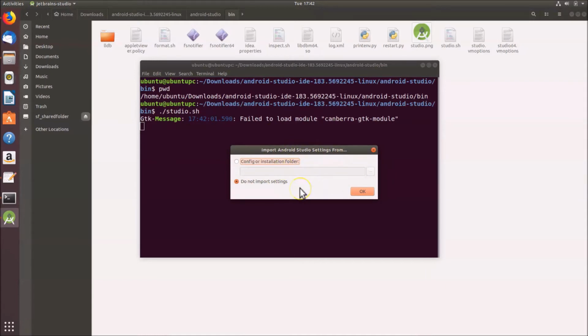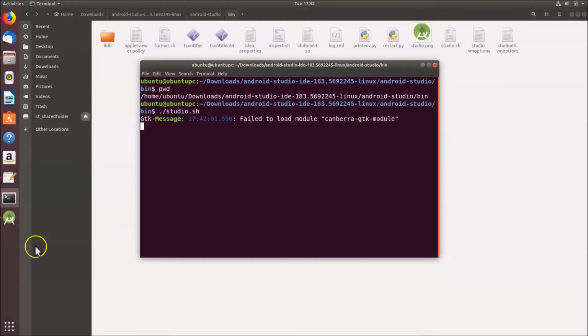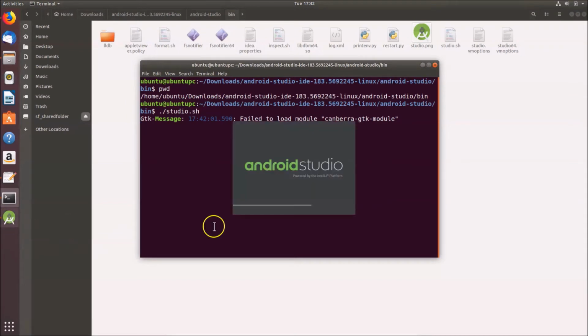So I'm installing Android Studio for the first time on my Ubuntu 18.04 LTS system, so I don't have anything to import. Just click on this Do not import settings and then click on this OK button. Okay, so here we have this. Let me click on this. You can see it's opening. You can see the progress over here,